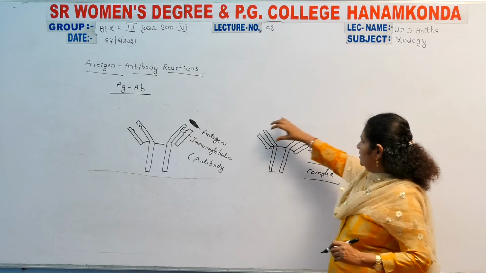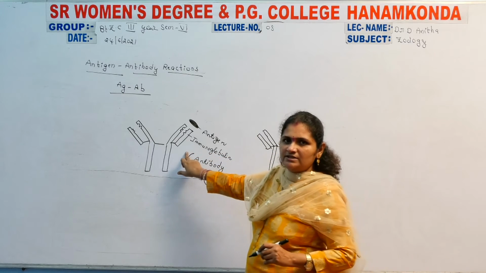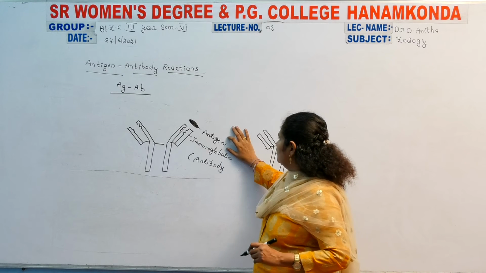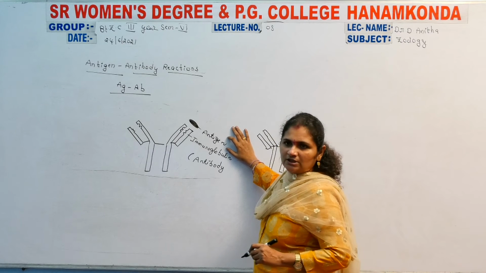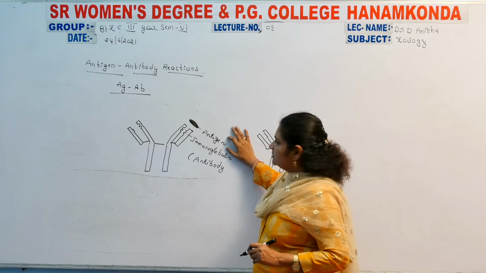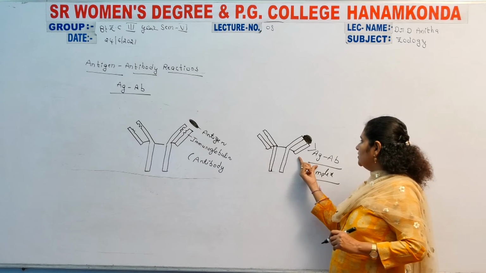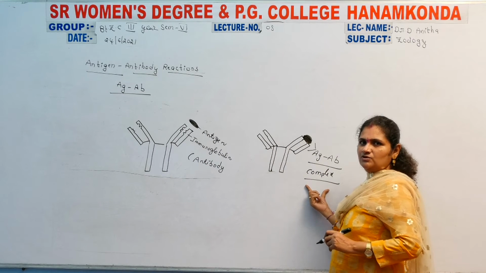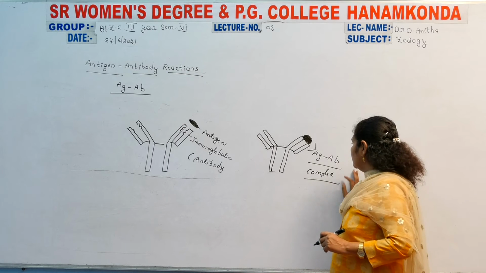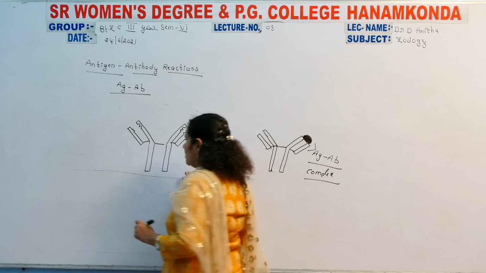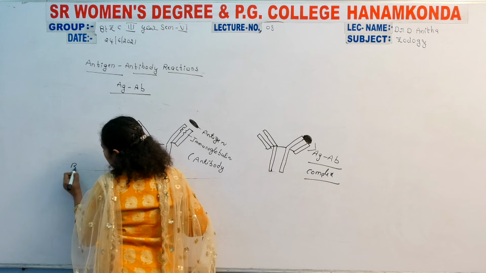So you may see here it is an antigen binding site. It may possess the immunoglobulin, that is the antibody. So it is the antigen, or the foreign particle, or any other harmful substance that is going to be bound further with the help of the antibody, and a complex material was formed in the middle of antigen and antibody reactions. So these reactions are also observed inside the blood groups.